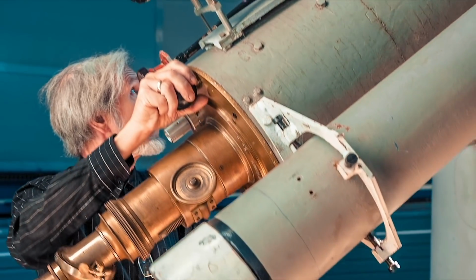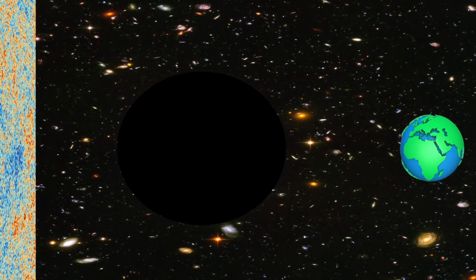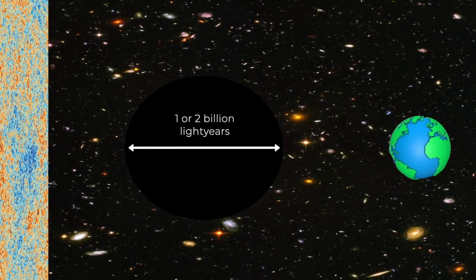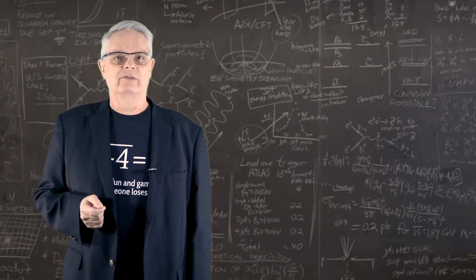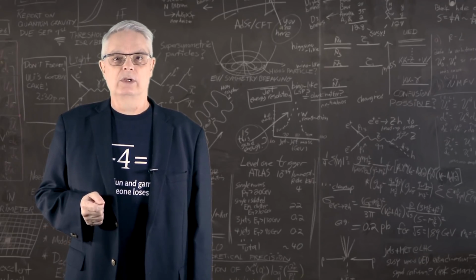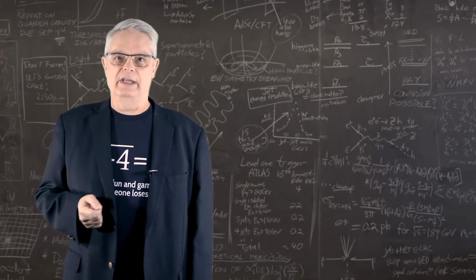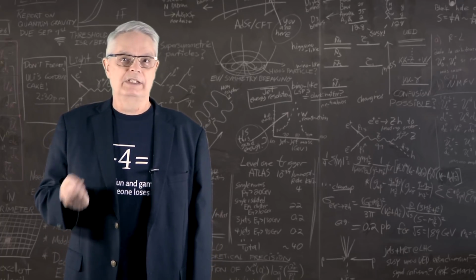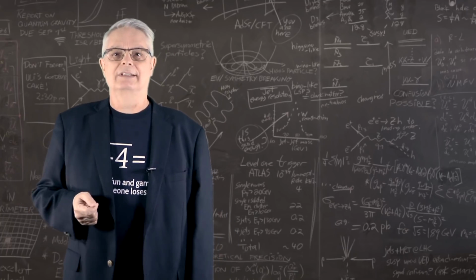Now, people have looked for a void in the direction of the cosmic cold spot. While there is some controversy about this, some have suggested that the void would be nearly 2 billion light-years across, and it would be located at least 3 billion light-years away. Other studies have suggested different distances and sizes of the supervoid, while other studies question the existence of the supervoid at all. The bottom line is that the question is still under debate. So what's the answer? I don't know. I think a supervoid is substantially more likely than colliding universes, but we're going to have to wait and let the data do the talking.